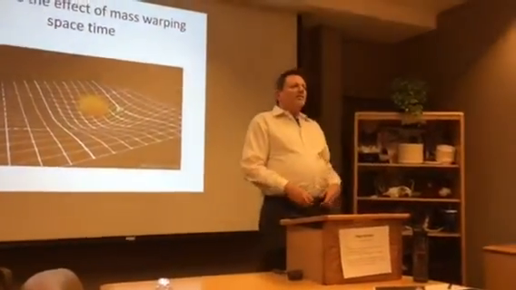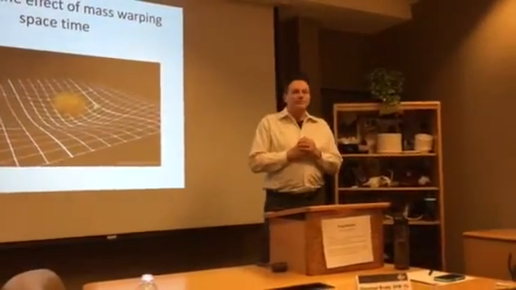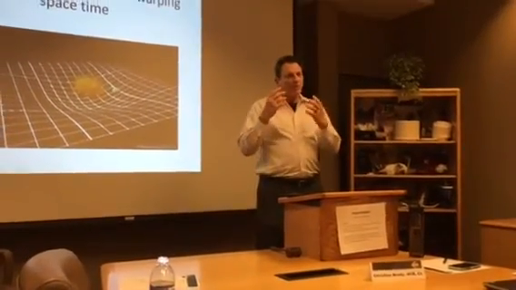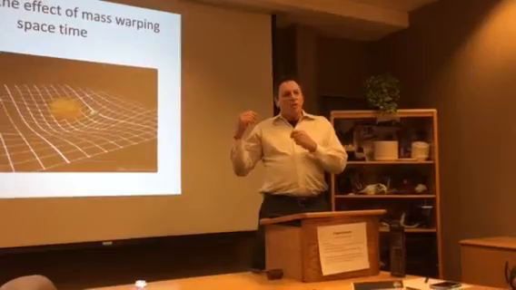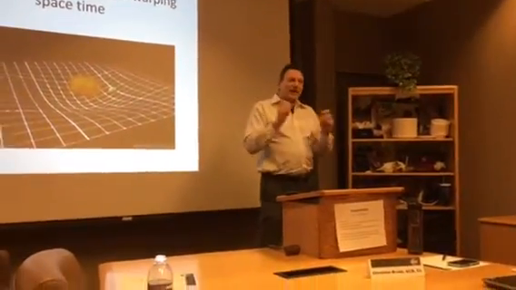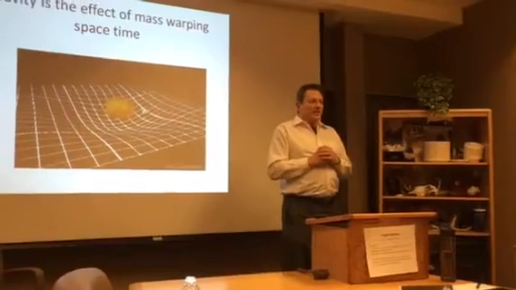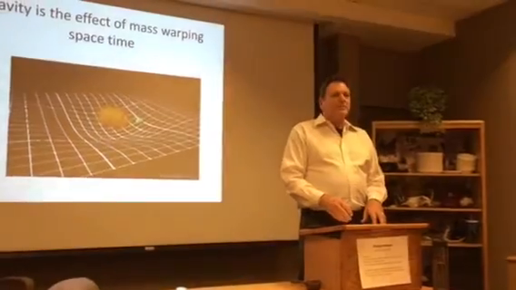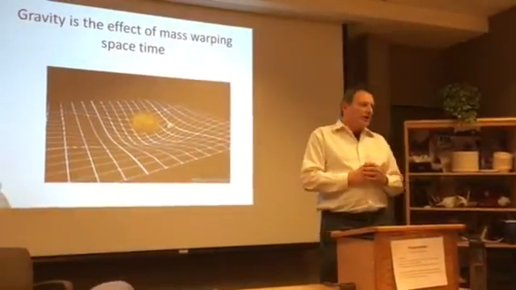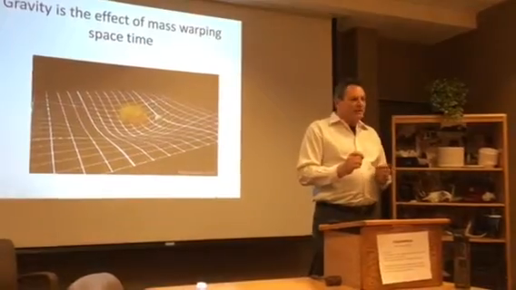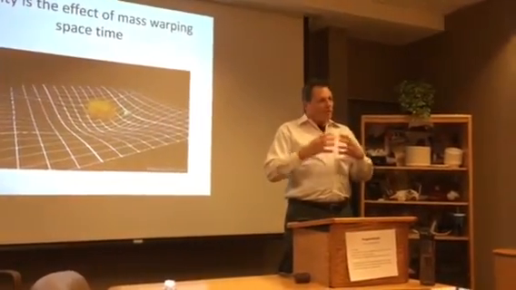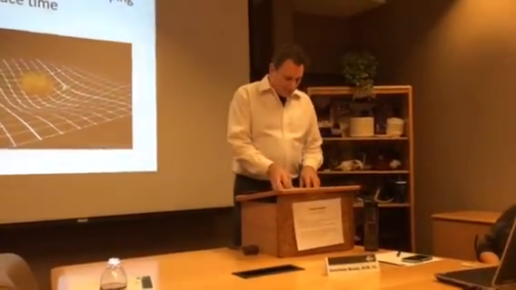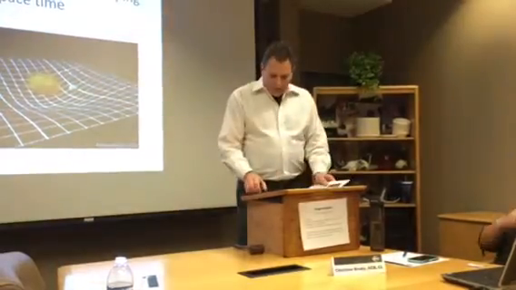Now, at the time of Einstein, Newton's equations were some 200 years old. And while his equations in physics predicted the orbit of all the planets in our solar system accurately, he was not able to predict Mercury. Mercury's orbit was an anomaly. Einstein understood that because Mercury is so close to the sun, its orbit was greatly affected by the warping of space and time of the sun. So he knew that Newton had a flaw in his equations because of this. So let's take a look at that